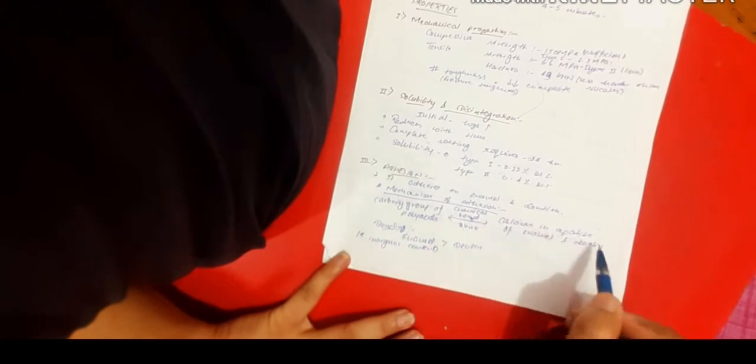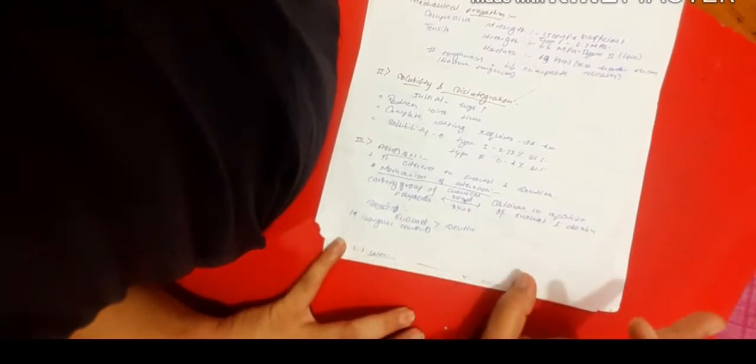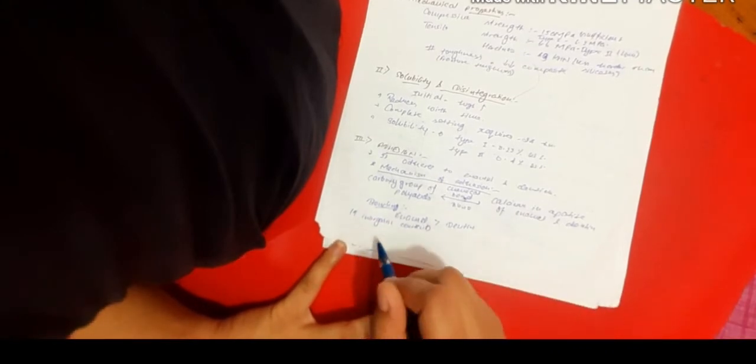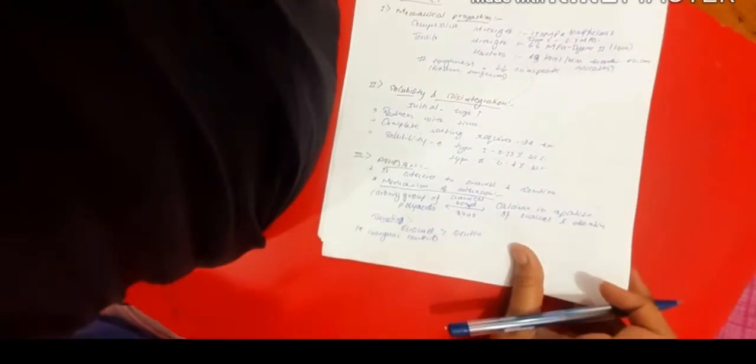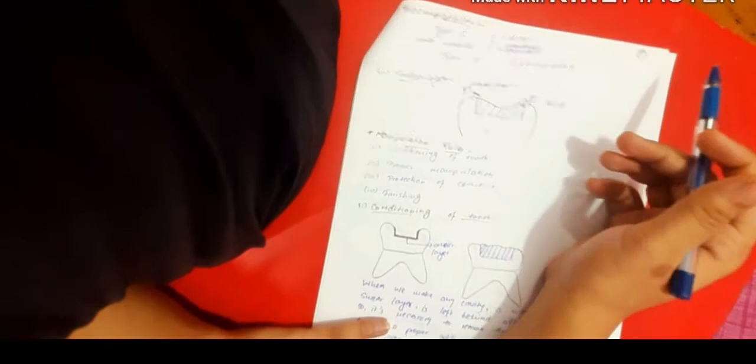Mechanism of adhesion. The carboxyl group of polyacids chemically bonds with the calcium in apatite of enamel and dentin both. But the bonding with enamel is greater than dentin. Okay, so why enamel? Because it has an increased amount of inorganic content. Moving on to the next topic. Biocompatibility and the anti-carcinogenic properties are the next properties of GIC. We will understand the manipulation rules.